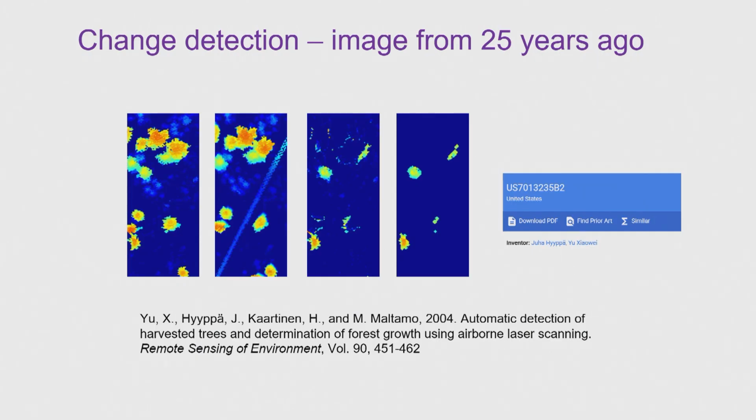Change detection, that's what we have studied a lot. We also had a US patent. This is an old image, more than 25 years old, between 98 and 2001, when somebody built a power line, and you could see that individual trees were removed, and a couple of branches. This is now going into practice in that way that we have this 5-point data and 20-point data. We can calibrate the bias between these increases of point density, and after that we can calculate most of the dominant and codominant trees with a few decimeters of accuracy. For lower level trees it's not possible, because 5-point data is not enough to detect the suppressed trees.